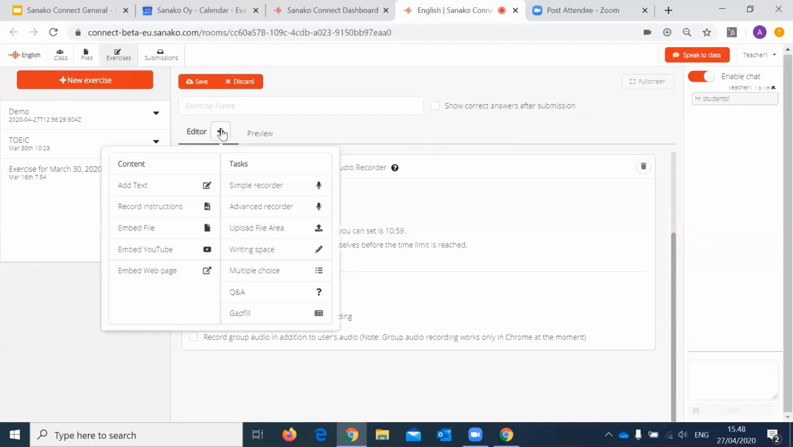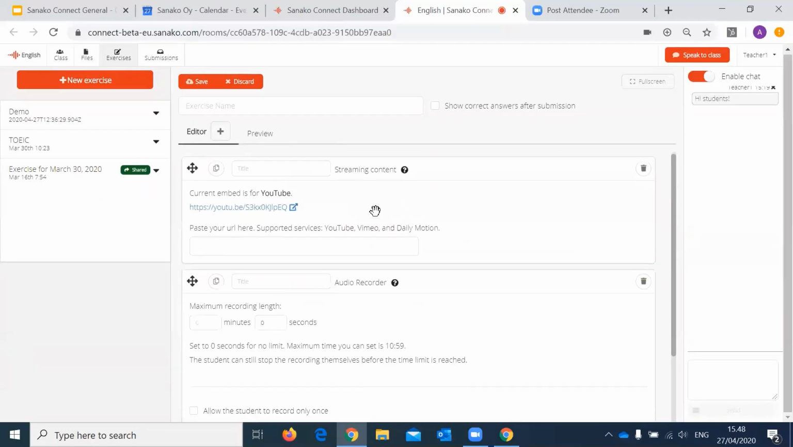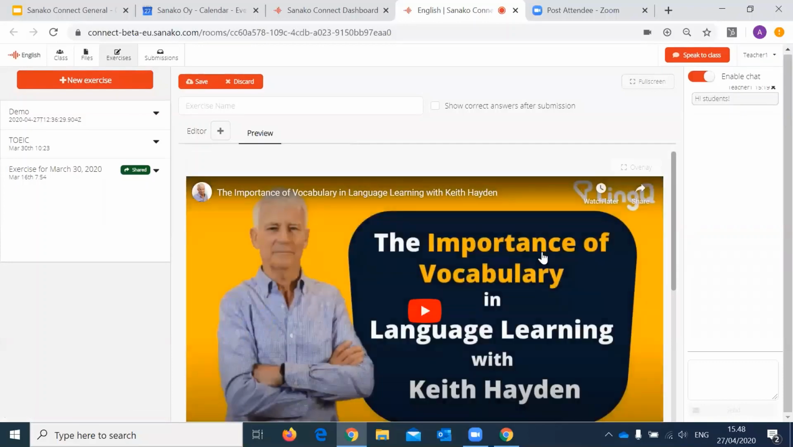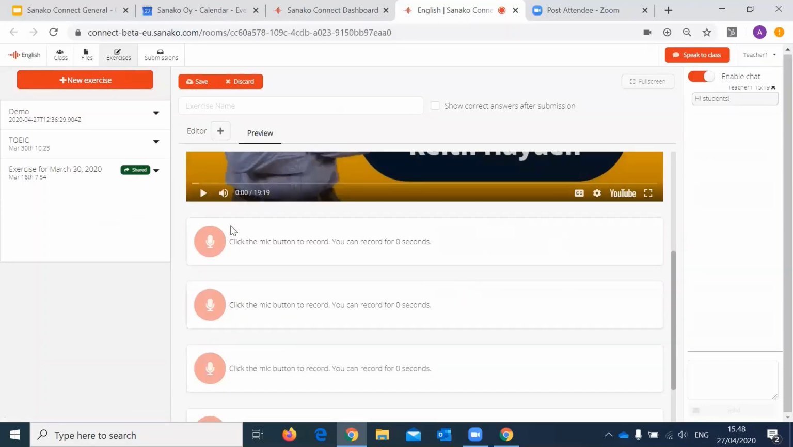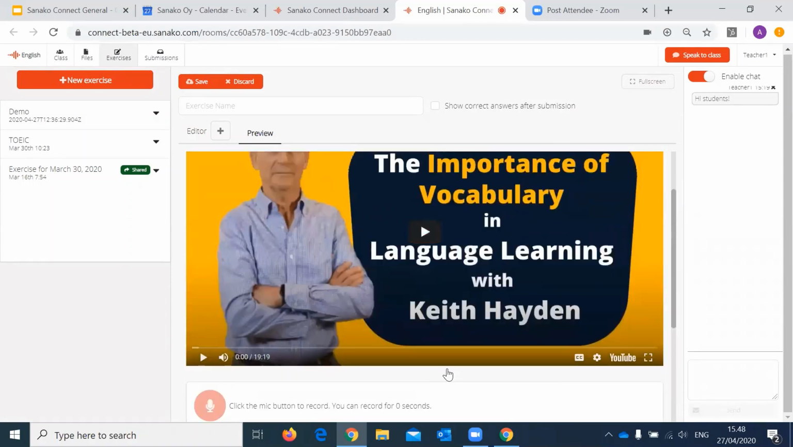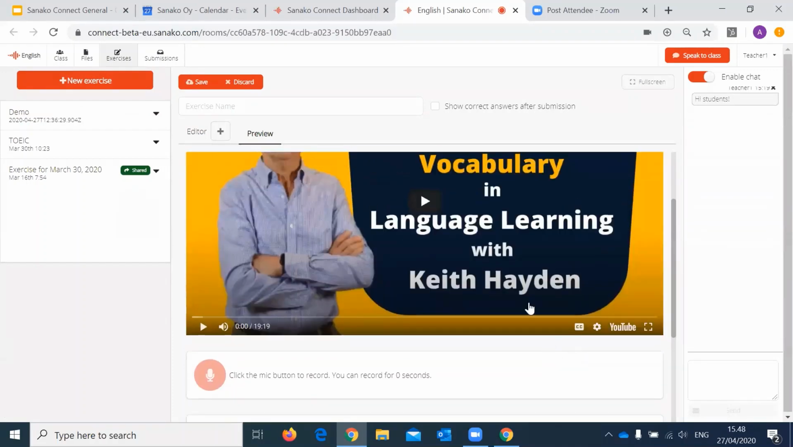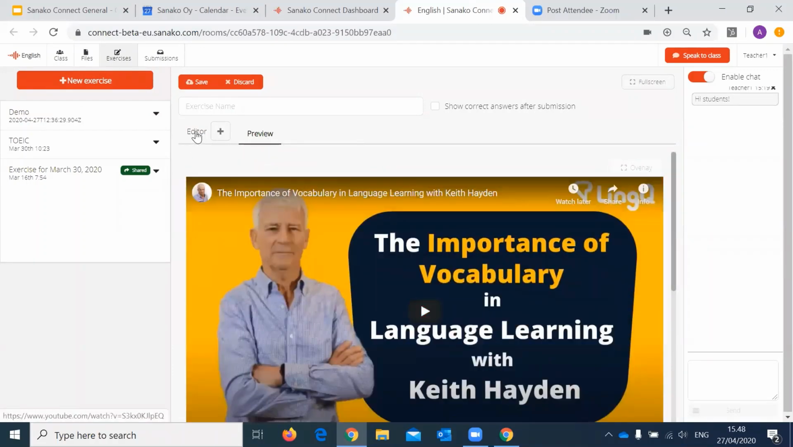You can have multiple simple recorders inside the exercise as well. So you could just have a bunch of recorders there. And for example, this would be for question 1, question 2. Excellent. So it gives you already a lot of options, but it does require effort on the